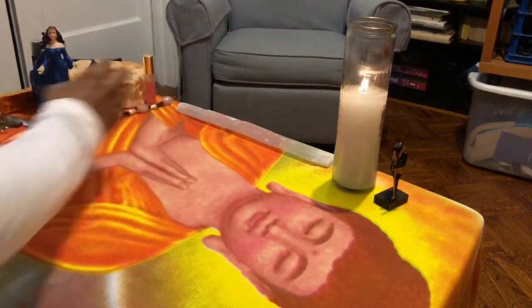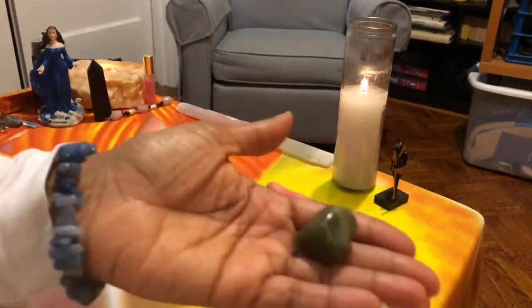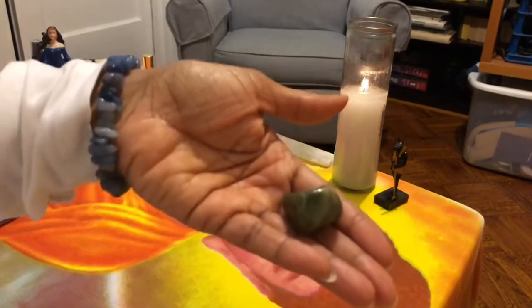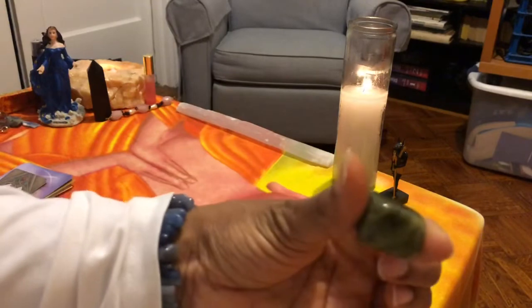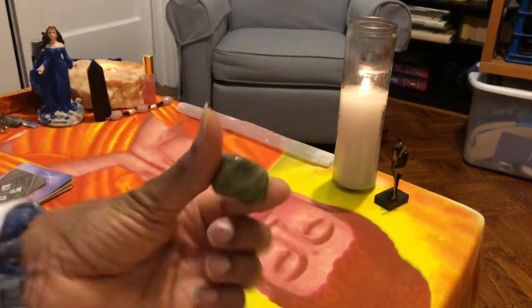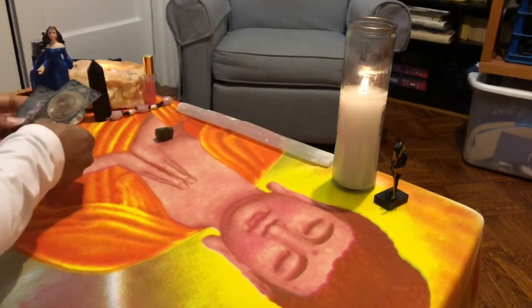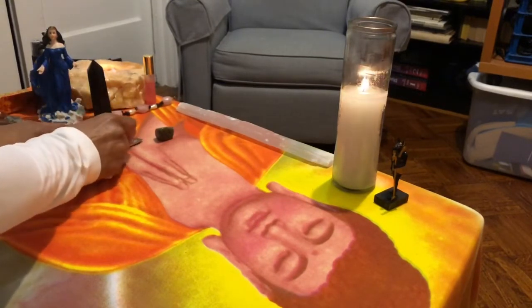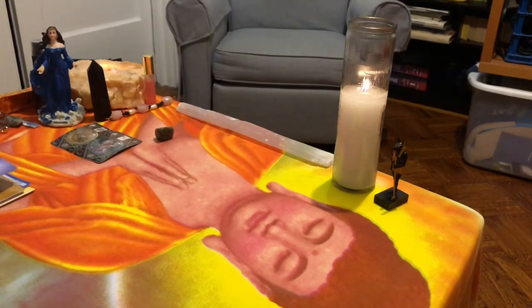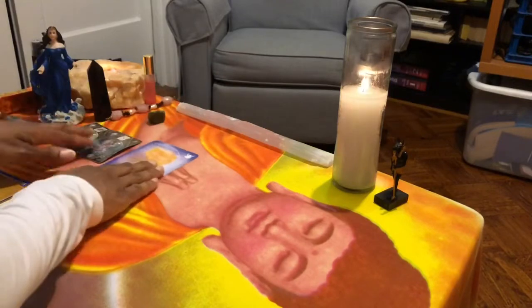Okay, for those who chose pile 1, it is the Vesuvianite. As you can see, a very pretty green stone with various light flecks going into it. We have the whip and the woman, orange calcite,